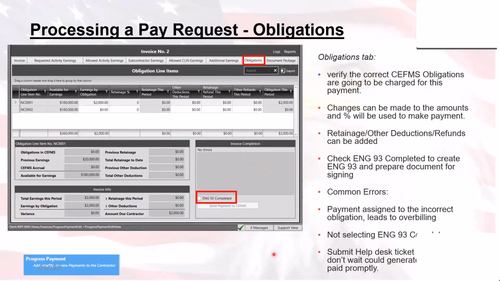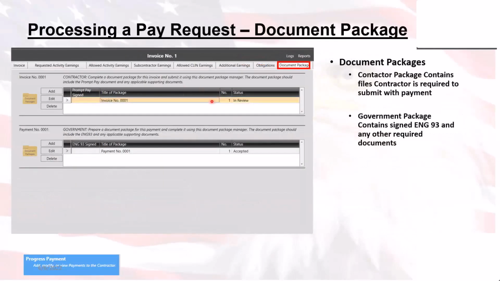If there are no warnings, you can go and check that ENG 93 completed. What that will do is complete out the payment and create a document package with the ENG 93 in it. At this point in time, the government's the one that signs that. RMS will ask for a manual ENG 93 when it's a final pay, because we want the contractor signature on that. But as you notice, when you go to the document package, there's going to be the contractor's portion with the contractor pay request worksheet, and then the government's portion with the ENG 93 and another helpful document